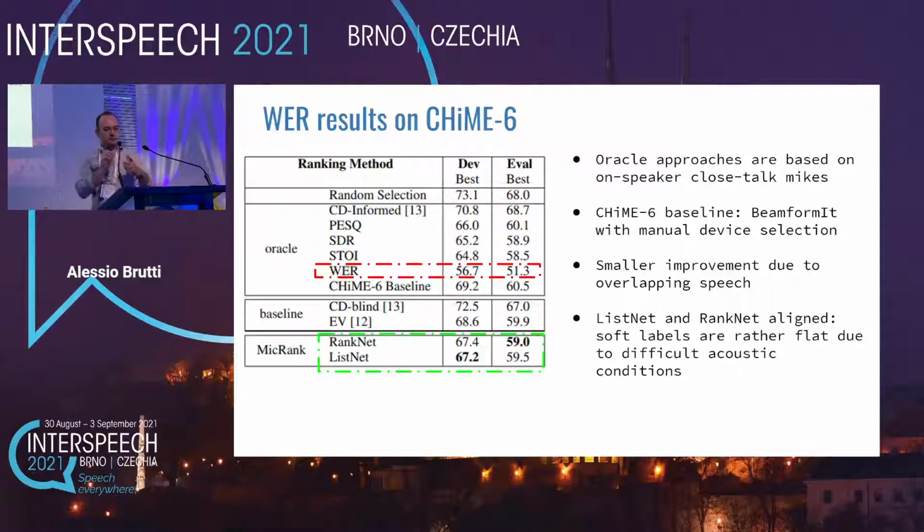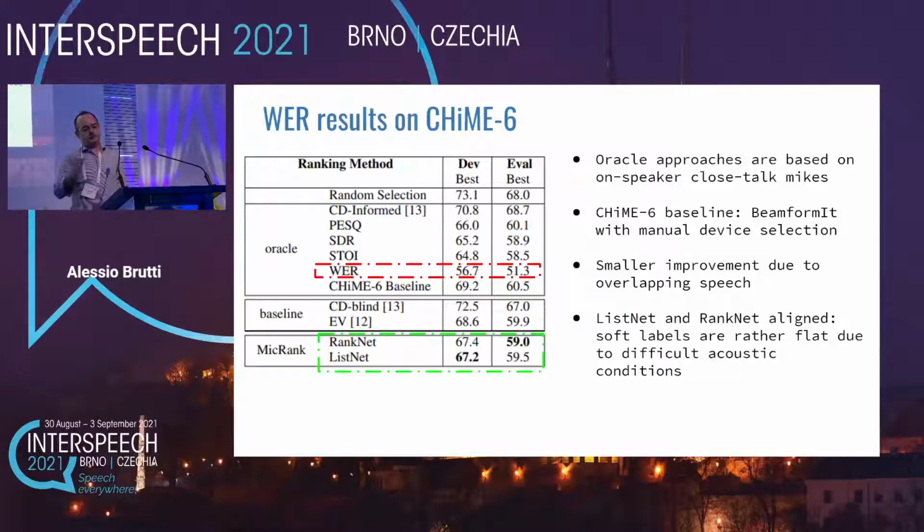Basically what happens is that when you have a segment with overlapping speech, the model could take the best channel for the other speaker, not for the target one. And in the current implementation, there's no way that we can handle that. So that's something that we have to figure out how to do.